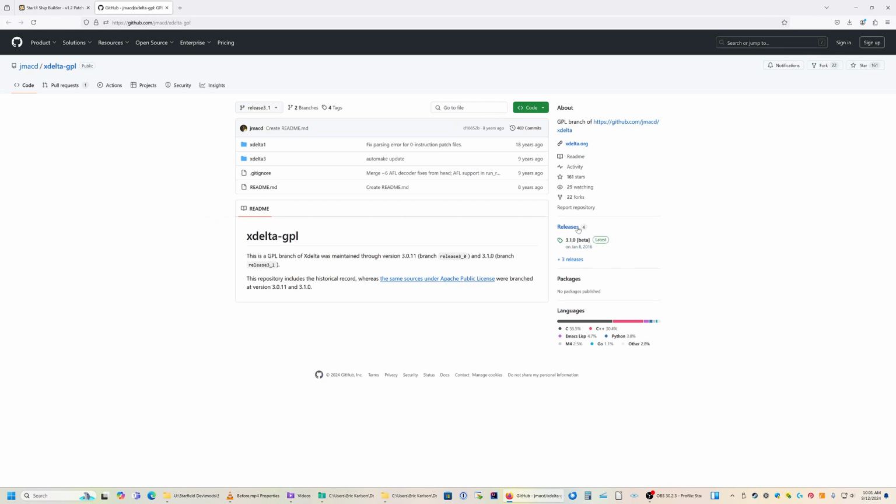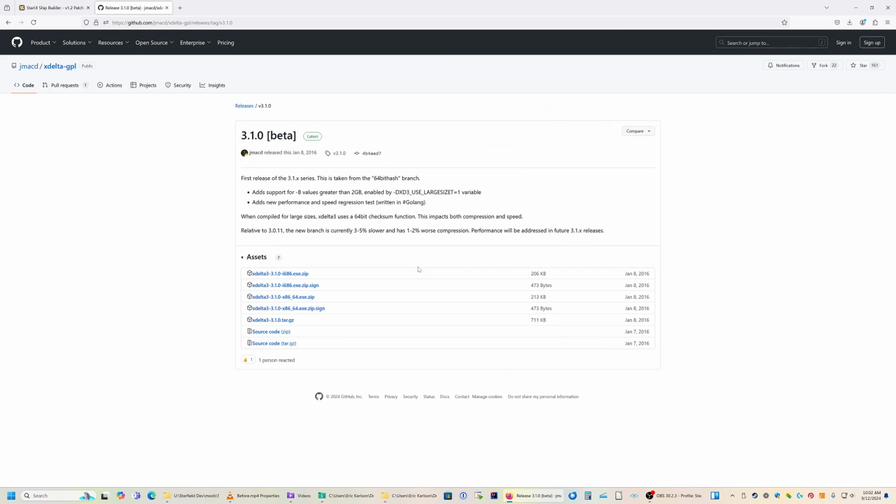On the right hand side there's something for releases. Probably any of the versions will work just fine. I used the 3.10 beta for my work. So we click on that, and we come down to a couple different things you can download. We want to get the xdelta3 3.1.0